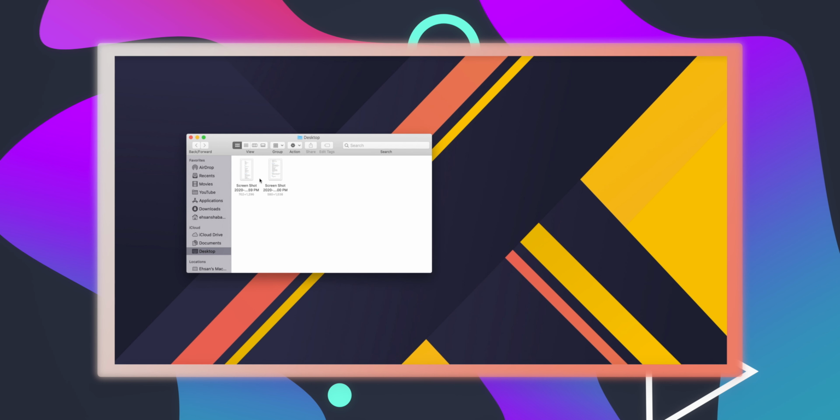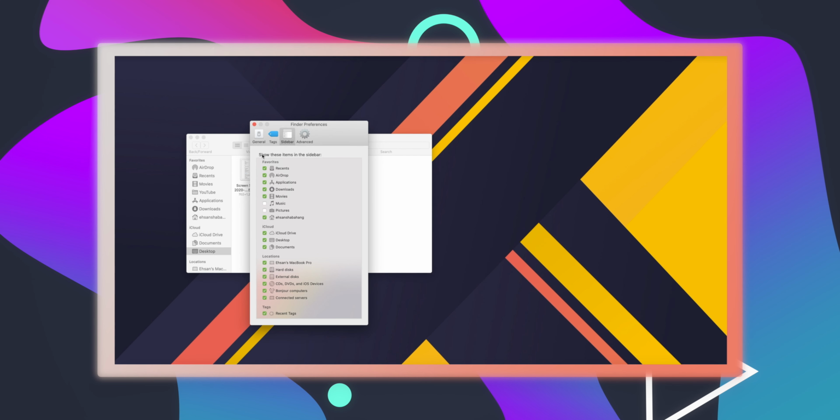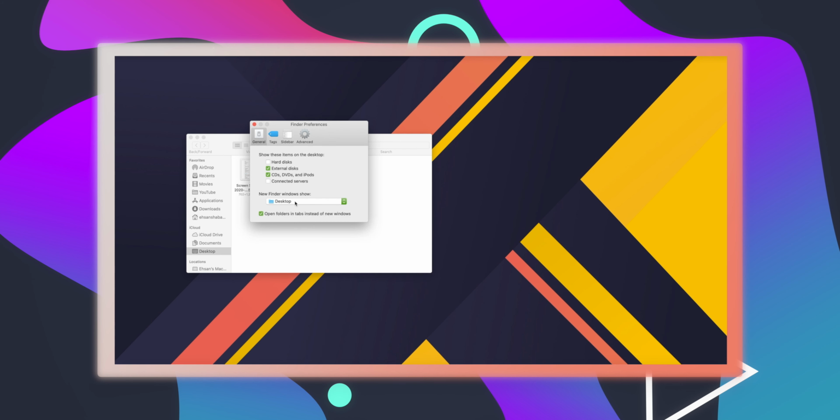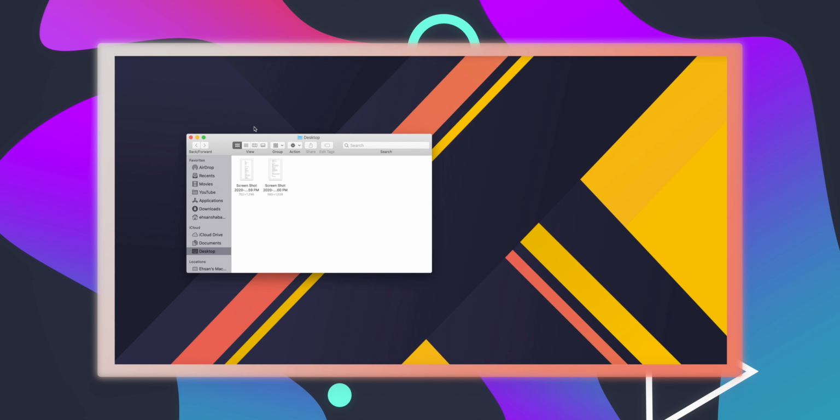When you come inside my computer and you click on file, I have it set up that it will open my desktop, and that is simply by going to Finder, check preferences, and then you can set up where Finder will open as soon as you press it. Me personally, I want it to be desktop because sometimes I save files on desktop temporarily and I want to access them really quick, so I just have it set to desktop so I don't have to go look around.